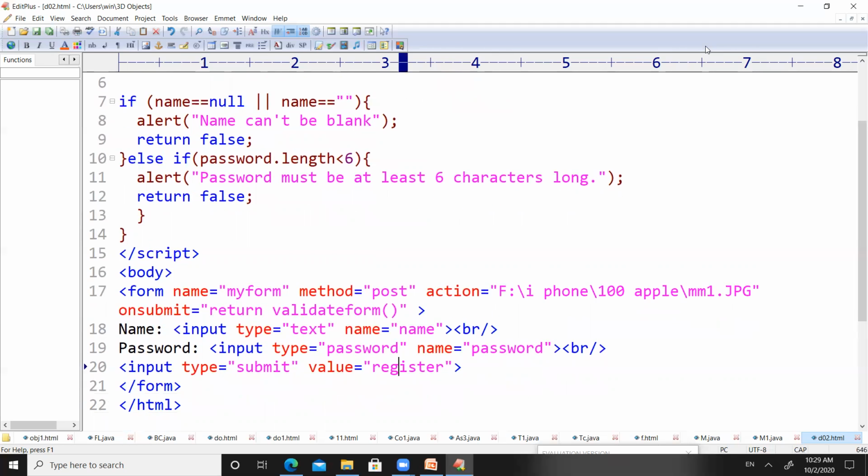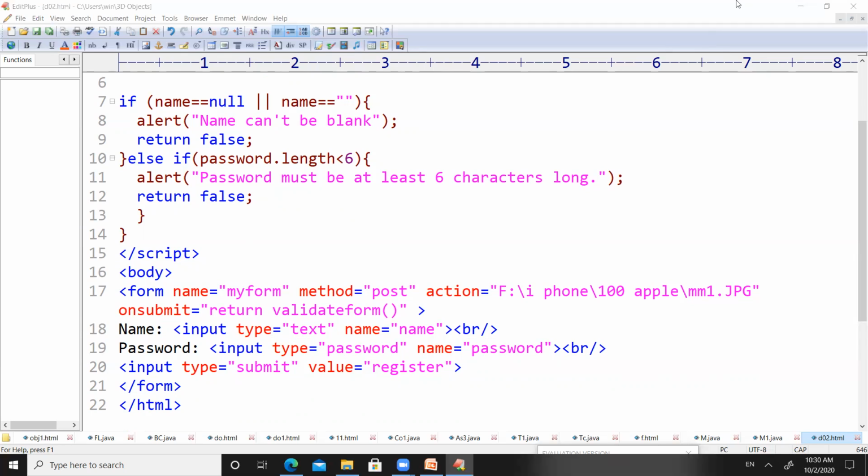And next one, here I am going to create two things. It is a label, and the type of the input will be text, in the sense that everything which we enter will be displayed in that field. And next one is a password, which means everything we enter will be displayed in dots, right? And next one, I'm going to create an input button where the button type is submit and value equal to register.